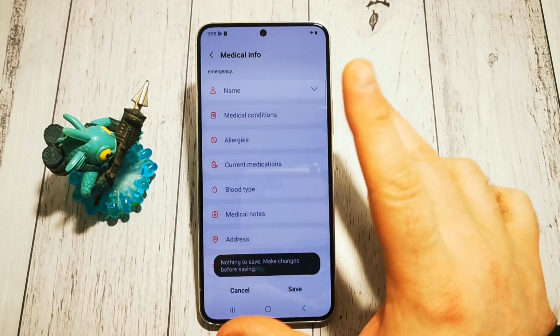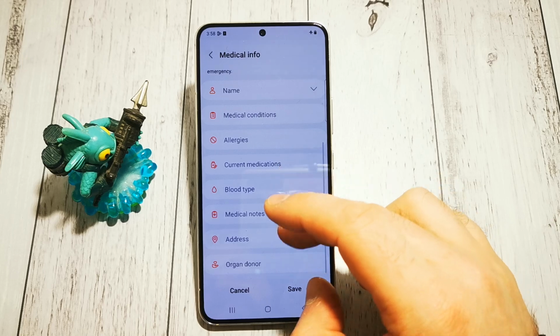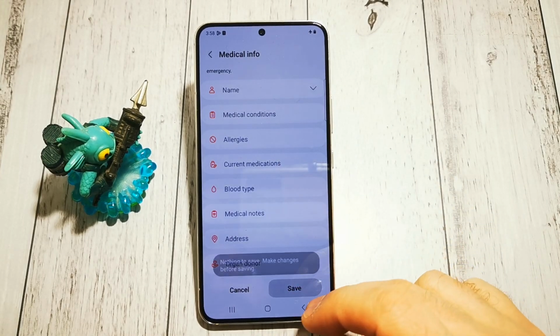Remember to save any changes that you typed in. Remember to save it, and